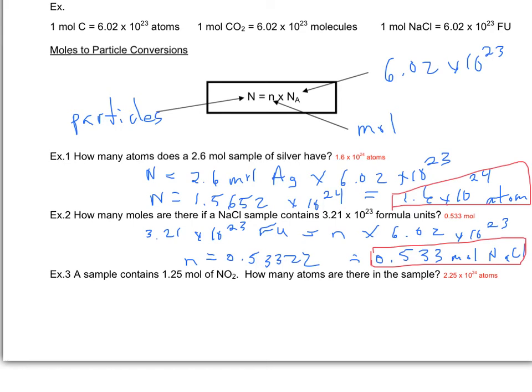Now, because NO2 is a molecular compound, we're going to find molecules if we calculate big N. If I sub in my 1.25 moles and times it by Avogadro's number,